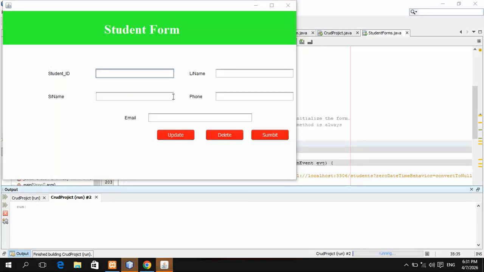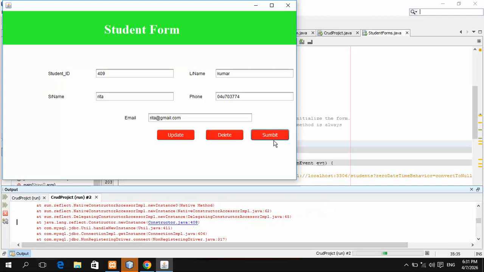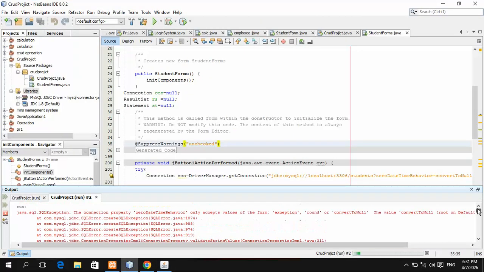So for example, 009. This is the ID number. His name is Rita, the last name is Kumar, and phone number is 07900 and so on, and rita@gmail.com. Click on the submit button. So which one? SQL connection.